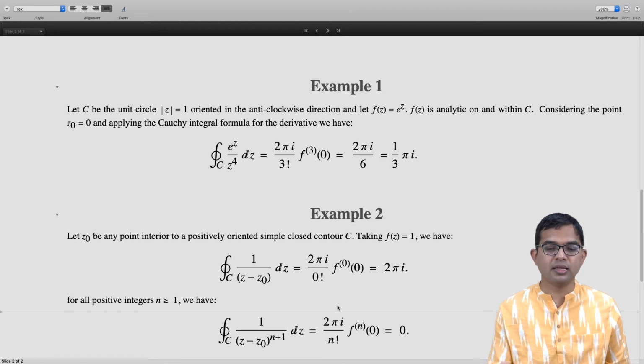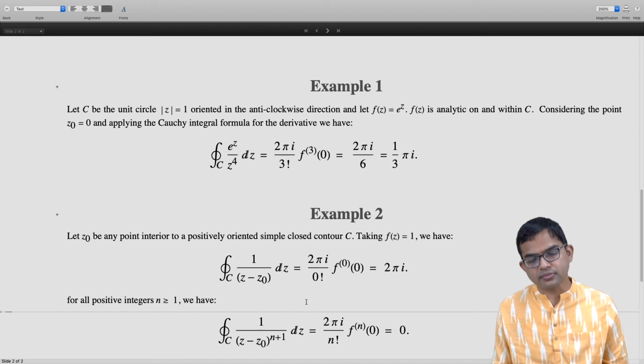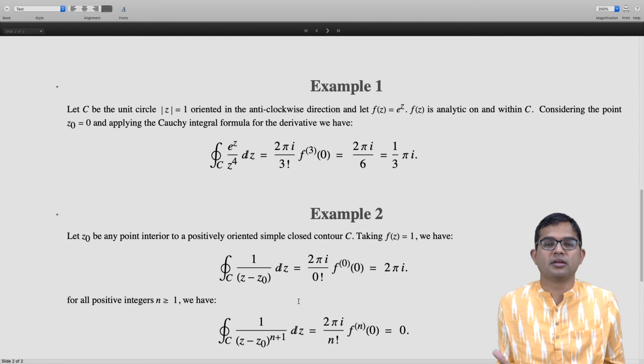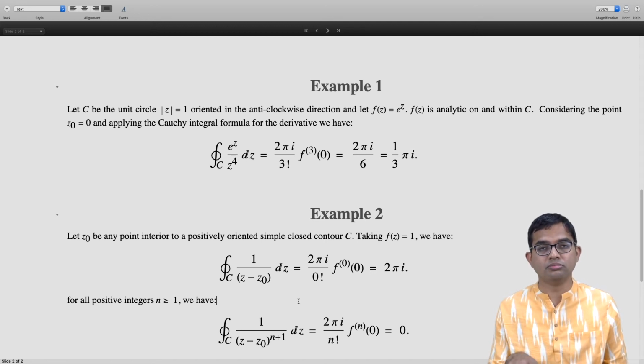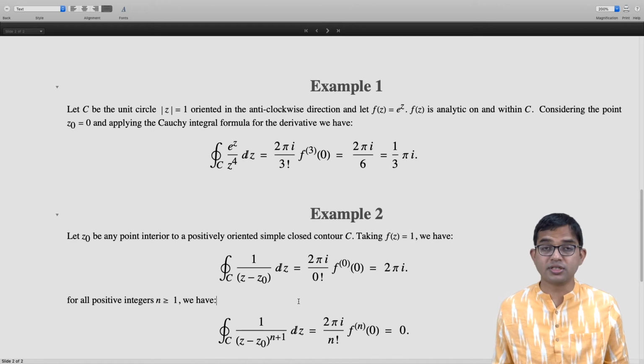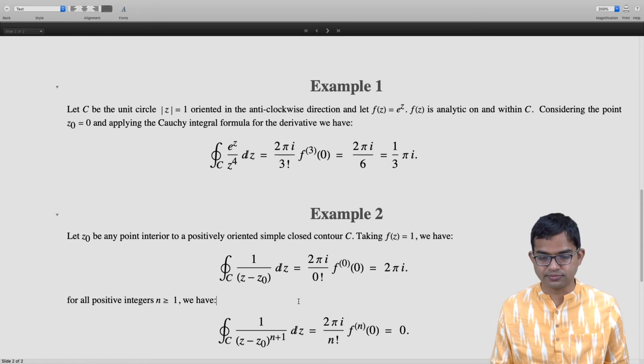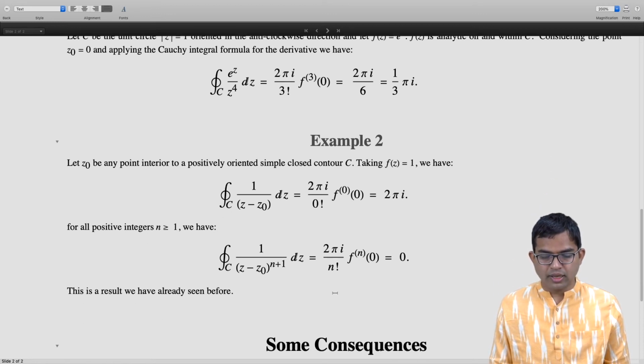I mean, we basically are seeing the same result using this Cauchy integral theorem, and of course generalized to an arbitrary point z naught. It doesn't matter, there's nothing sacrosanct about the origin. It can be about any point z naught, and that's what we have explicitly seen here. Okay, so there's a few